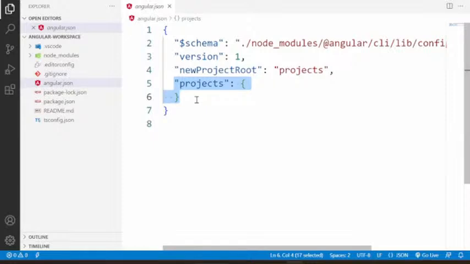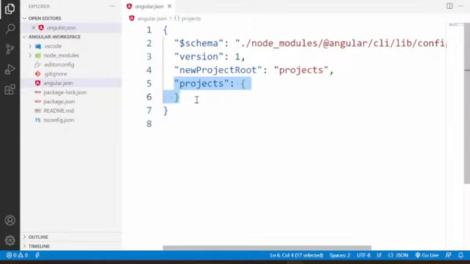I told you that whenever we create a project, by default the project starts with which page? Index.html. How does it start with index.html? That configuration is defined somewhere.